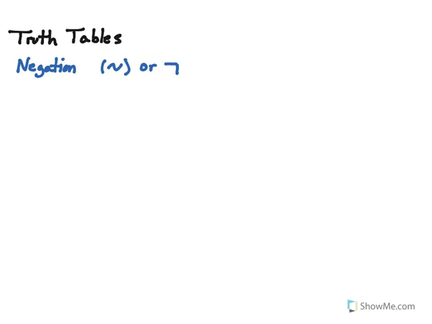We're going to title P as a proposition, okay? And we have a proposition that we're going to call P, and underneath that we're going to create